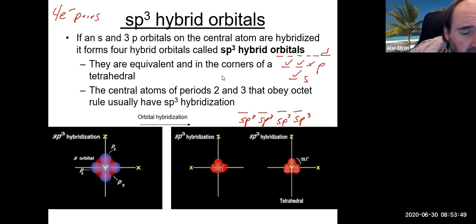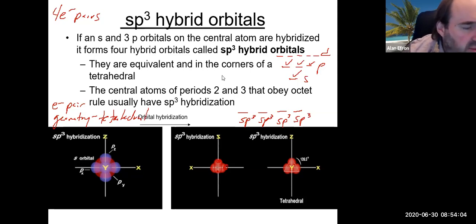And if you remember, 4 electron pairs in terms of electron pair geometry is tetrahedral. So something that has tetrahedral geometry for its electron pair geometry will hybridize in the sp3 hybridization. And it gives us the bond angle, as you can see here, that we associate with tetrahedral, which is our 109.5 bond angle,